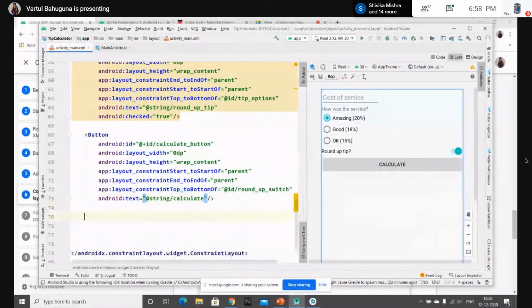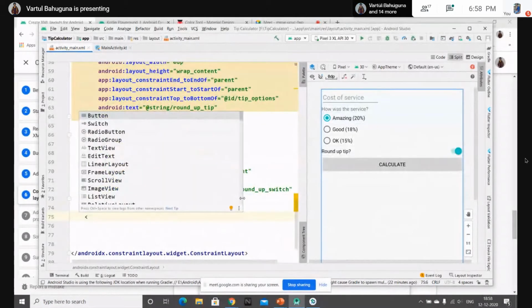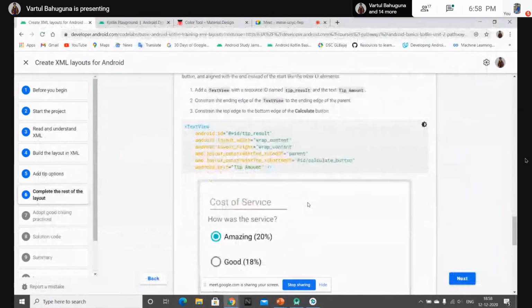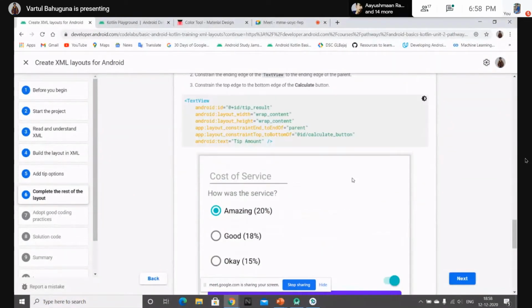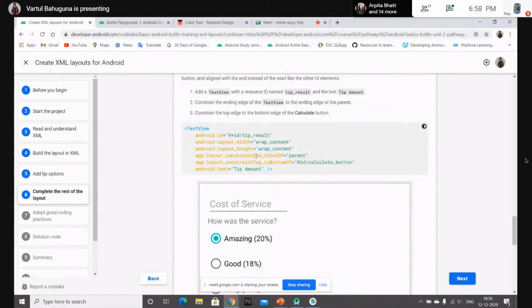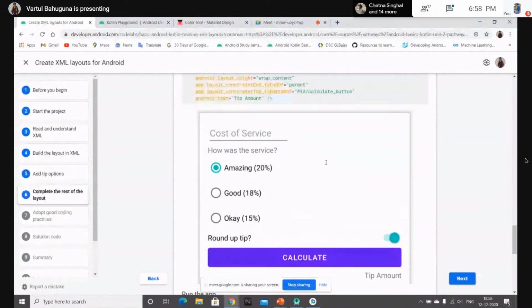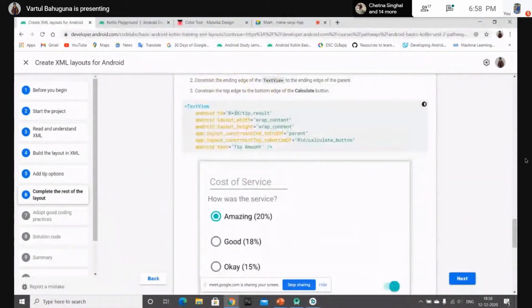Now let's move on to the last of our views, that is the text view. Here you can see the text view is appearing at the end, not on the left, at the right corner. That we can do by setting the end constraint to the end of the parent, and the top constraint to the bottom of our button. Let's just copy the ID.